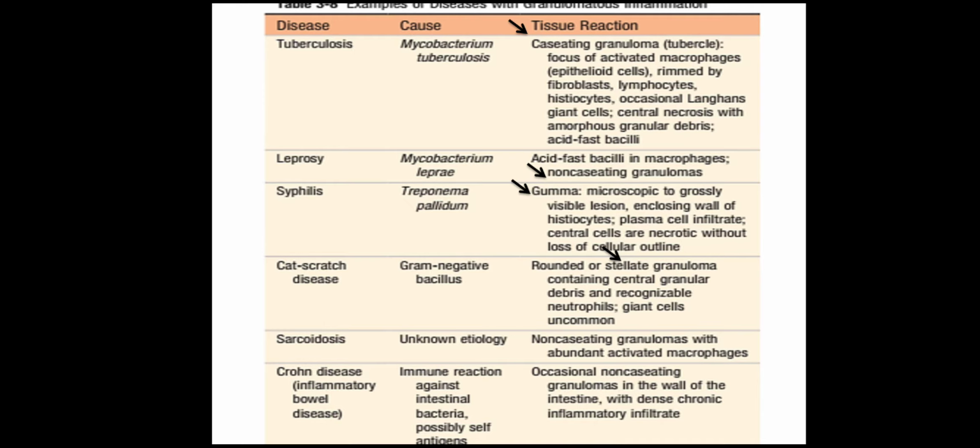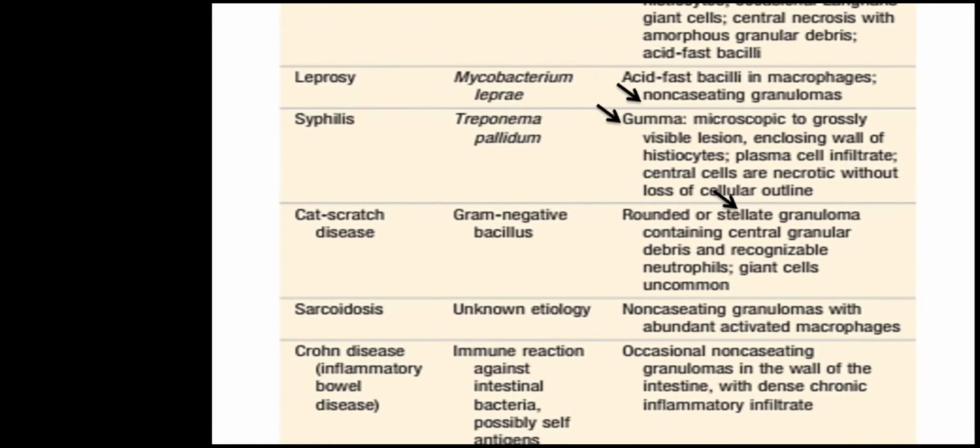Now sarcoidosis, it is again a disorder showing chronic inflammation, and it shows non-caseating granuloma, and it shows asteroid bodies, Schaumann bodies. These are also diagnostic features for sarcoidosis. And the granulomas of sarcoidosis, they are poor in lymphocytes, so they are also known as naked granulomas.